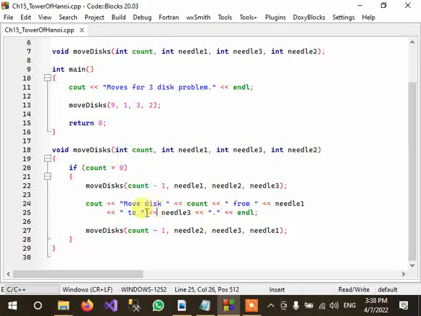Okay, so first of all we transfer n-1, that is count-1, disks from needle 1 to needle 2. In this subtask our input needle is needle 1, the output needle becomes needle 2, and the intermediate becomes needle 3. Okay, then we simply move from needle 1 to needle 3